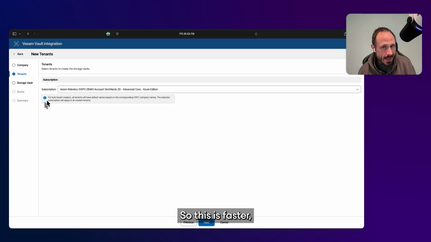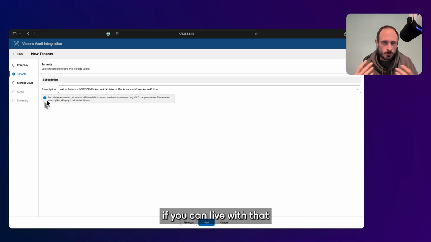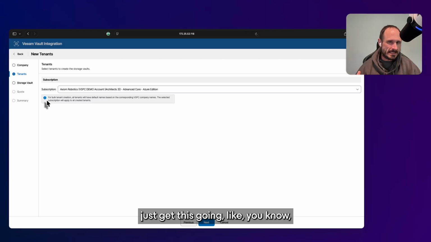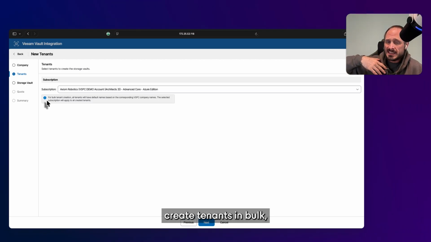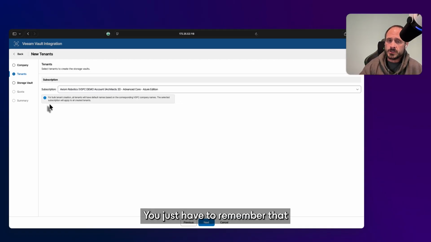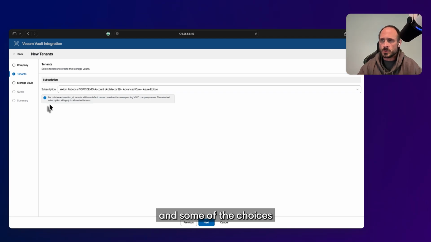So this is faster, but it takes away a little bit of choice. If you can live with that and you want to just get this going, I could have like 100 different companies create tenants in bulk, create vaults in bulk, all with a few clicks, right? You just have to remember that the way it looks in your licensing and some of the choices that are